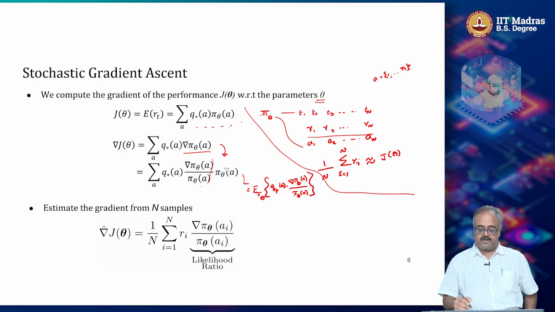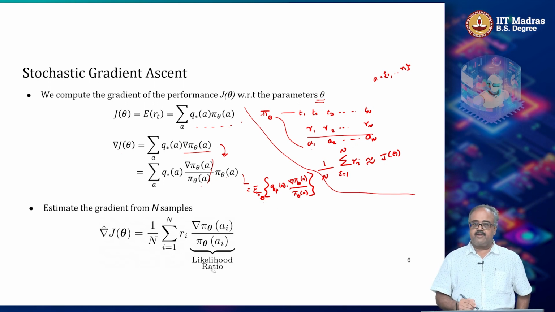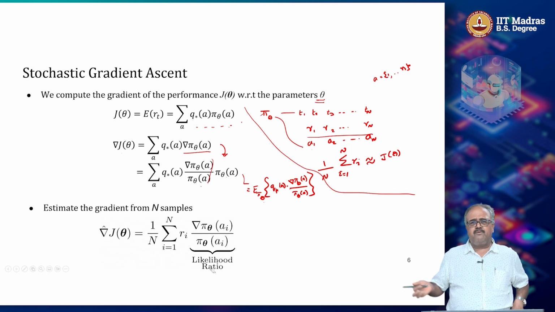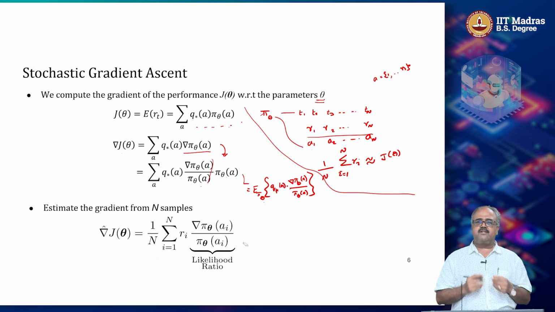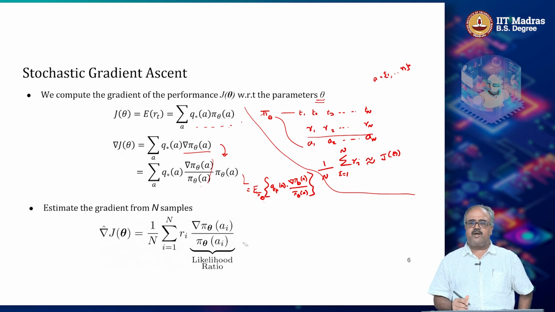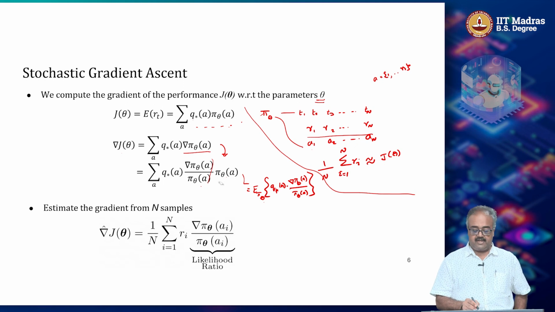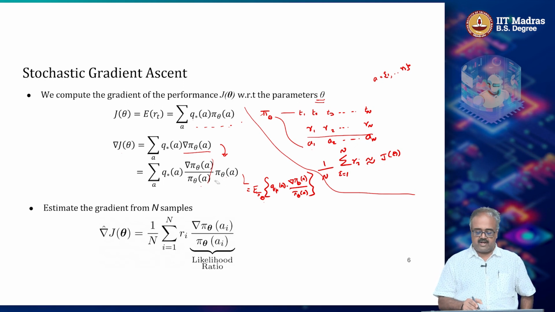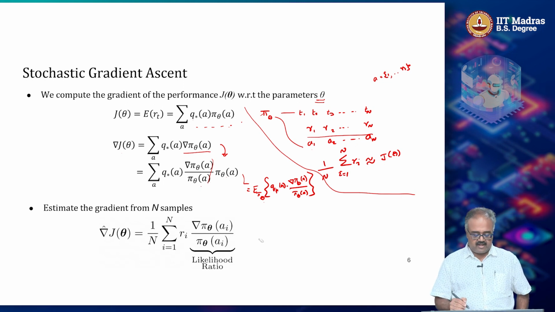I hope that makes sense to people. From here I have converted this into an expectation. This should remind you a little bit of what we did with importance sampling. The expressions look similar, but the reason why we are doing it is slightly different. Now I have converted this gradient, by doing this multiply and divide, into